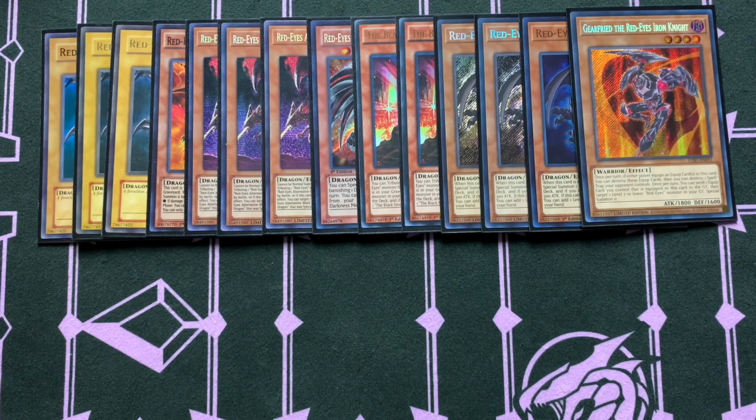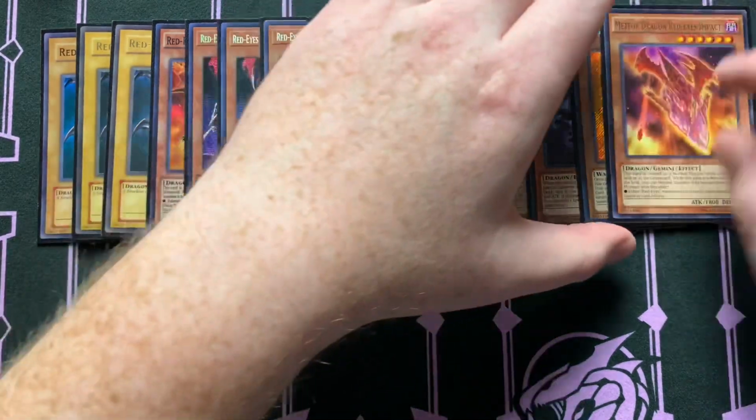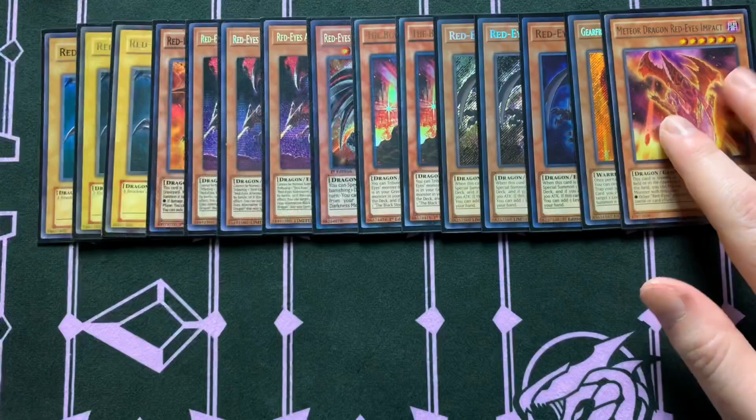Once per turn, you can send 1 equipped card you control that is equipped with this card to the graveyard, then target 1 level 7 or lower Red Eyes monster in your graveyard and special summon it. You're probably only going to use this for fusion fodder though. So you're probably not going to worry about those effects too much, but it is there if you need it. I'm also running a Meteor Dragon Red Eyes Impact for the same reason, trying to get out the...